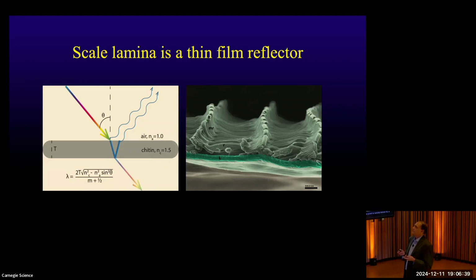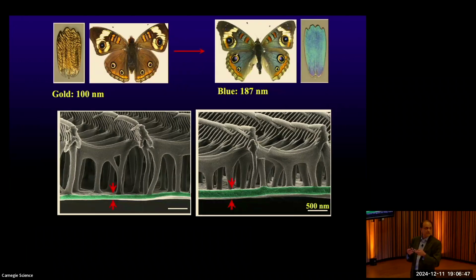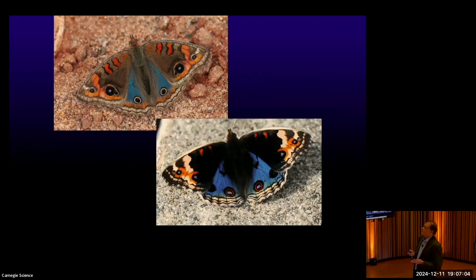But where did it come from? So Rachel found that, in fact, the brown butterflies have a lamina that's gold. So they have a very thin lamina that reflects the kind of yellowish reddish light. And so the lamina went from being about 100 nanometers thick to being about 200 nanometers thick. So that's what Edith's selection had done, is selected for that lamina to become thicker and thicker. So it became a reflector of blue light. Okay, and then